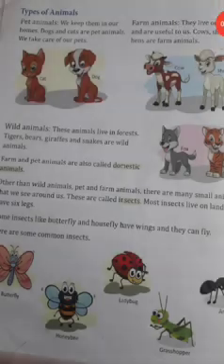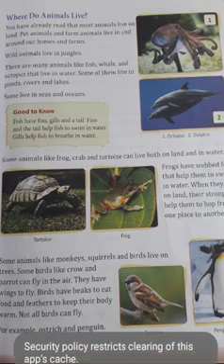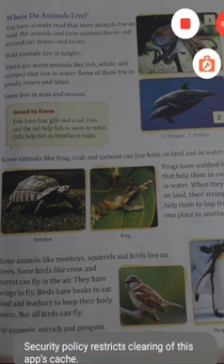So student, turn the page, next page. And the next topic is, where do animals live? You have already read that most animals live on land. Pet animals and farm animals live in and around our homes and farms.